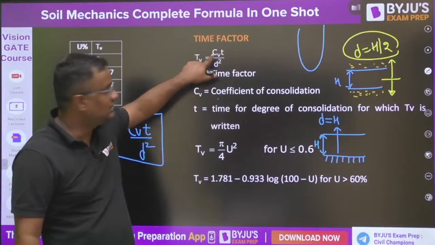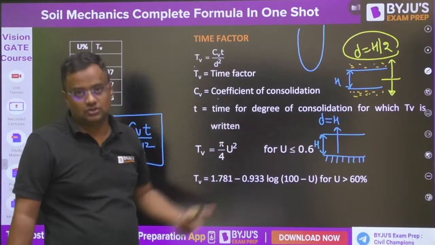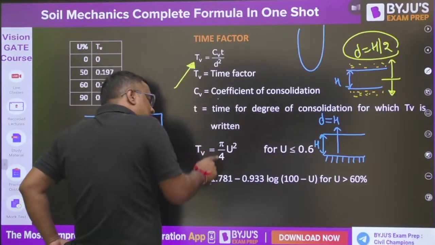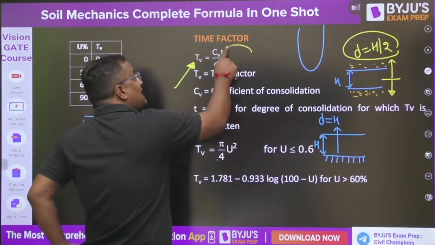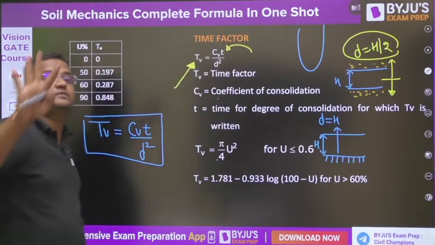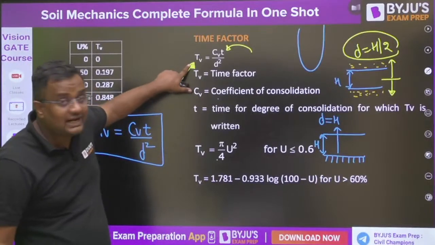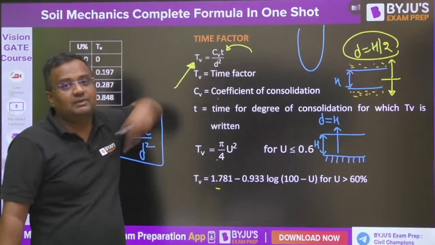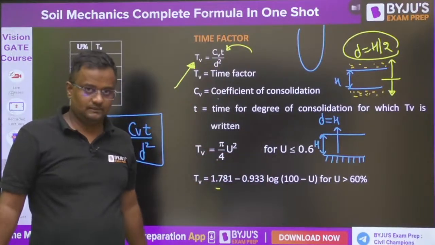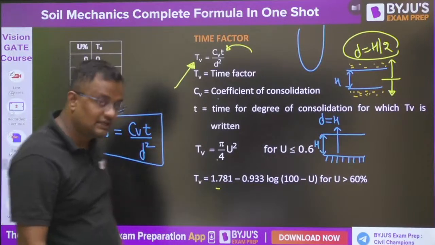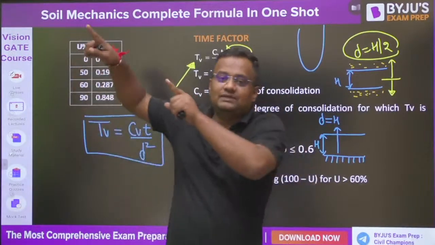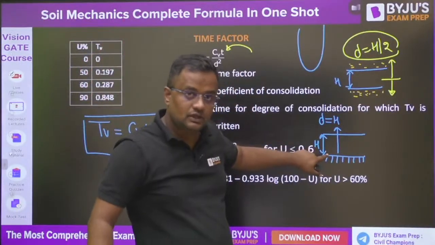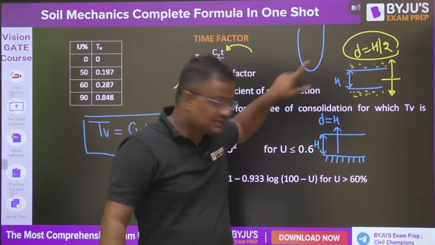CV understood, depends on soil. TV understood. T is the time for consolidation. Suppose you are writing this TV for 40% consolidation, pi by 4 into 0.4 square, then this time corresponds to the completion of 40% consolidation. Suppose TV you are writing for 80% consolidation, by putting value 80 here, that means this time will come for 80% consolidation. And if the formula is for single drainage and double drainage, if the soil is same, thickness is same, degree of consolidation is same, for 30% consolidation here and for 30% consolidation here, for same soil,